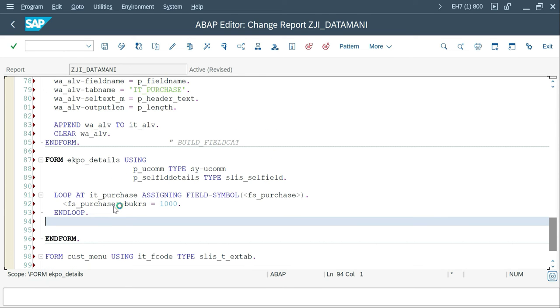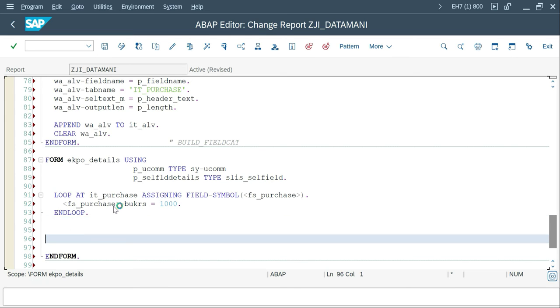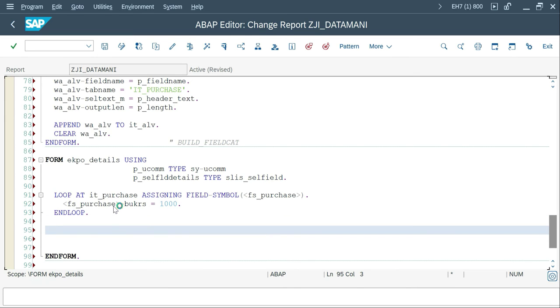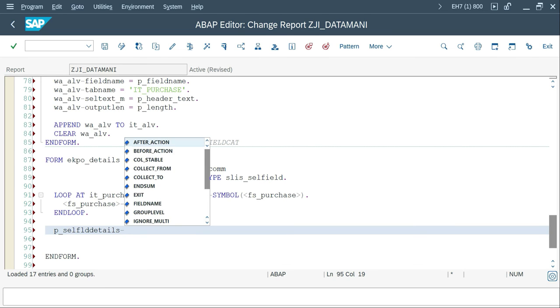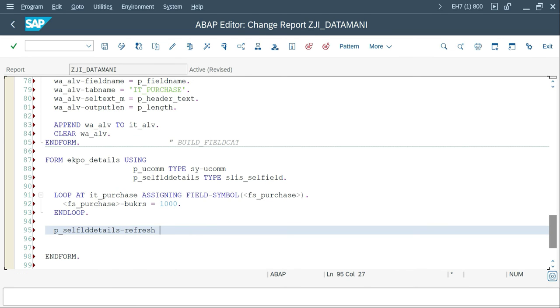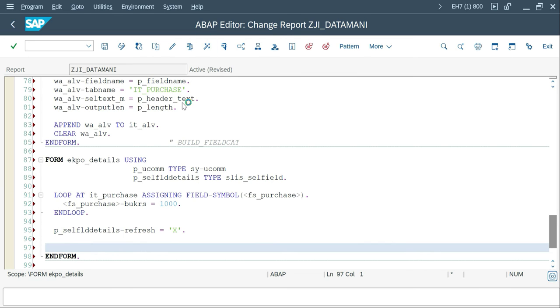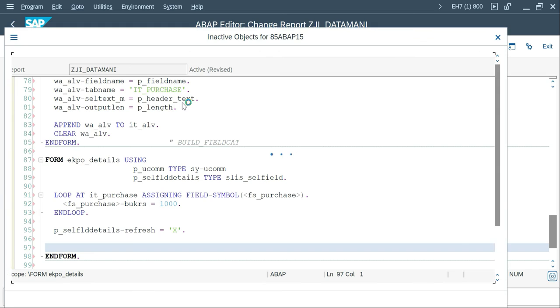This is backend, and the front end should be ALV. So that needs to be refreshed. Okay, so for that I'm going to make use of this parameter. You are already aware of this parameter. It has all the selection fields, what is the index and what is the value. Once you double click, which field got double clicked, every piece of information is available here. And in that structure there is one parameter called refresh, and refresh is equal to X. So after my data manipulation I'm enabling this option. Okay, let's see how it behaves. Activate it